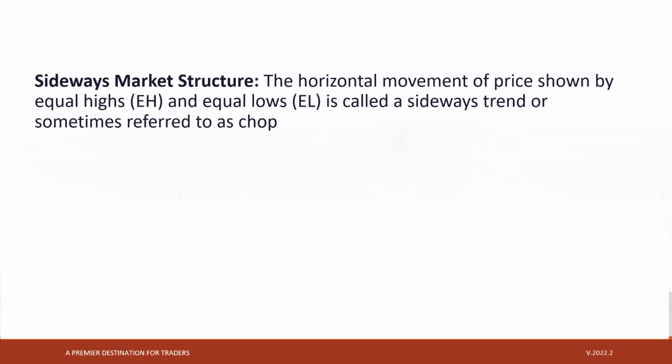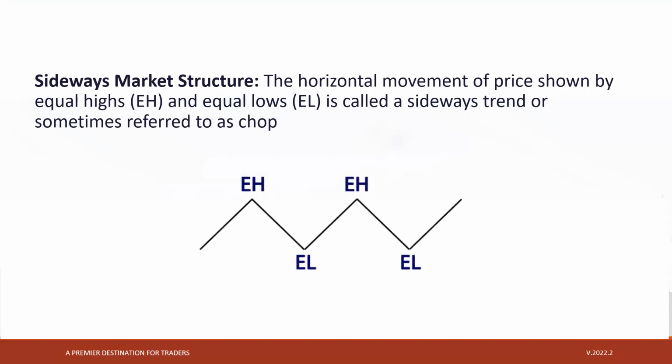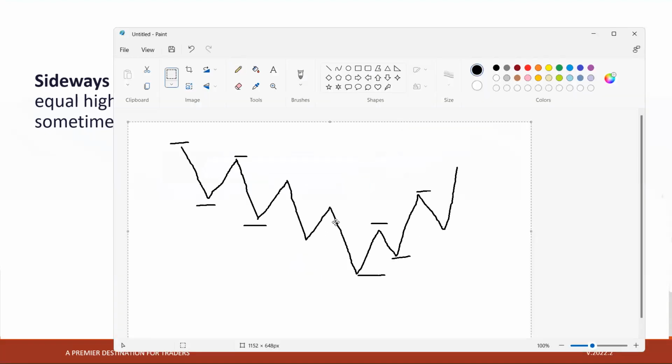Now, the next form of market is the sideways market. In the sideways market structure, price tends to move from side to side, right? So price tends to go from left to right, but not really making highs or lows. So it's making what we call equal highs or equal lows. Now, you might not expect to see exact equal highs or equal lows in price, but basically the idea